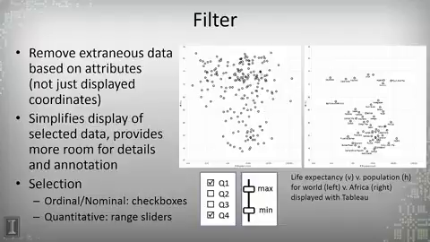But a filter can be applied to other attributes of the data besides the displayed coordinates. And so in this case, we've got our plot of all the countries based on population and life expectancy. We can filter out all the countries that are in other continents and focus just on the countries that are in, say, Africa. And so by filtering on Africa, we only plot the countries in Africa, and the data is